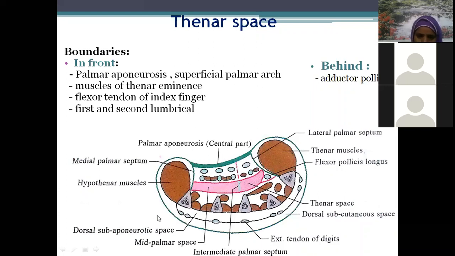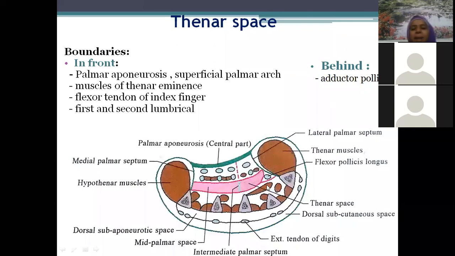Behind, what are these? Interossei, palmar and dorsal. Apart from that, do you remember we had a fourth muscle in the thenar group? The last muscle was palmaris brevis. It is in the skin only, you found. That too, thenar, the fourth: adductor pollicis brevis, on the medial aspect. Is it adductor pollicis brevis? Behind.